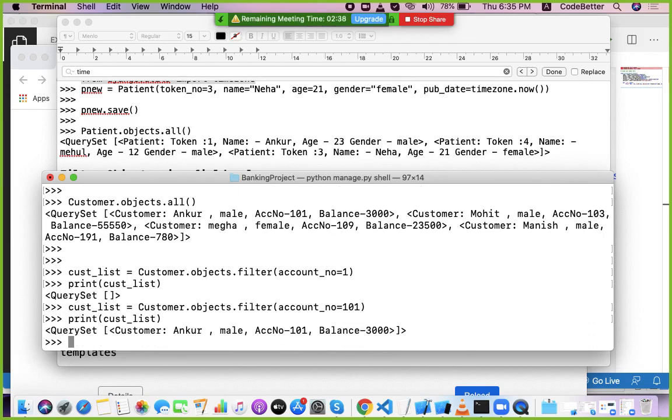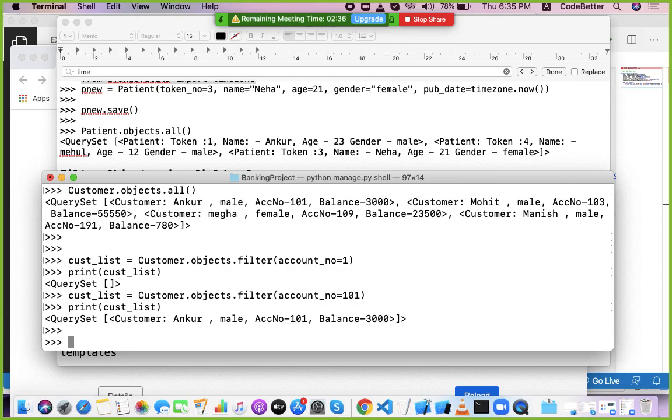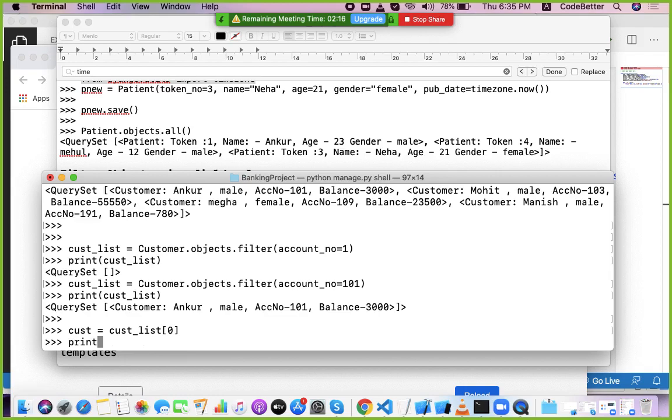Now I want to update the content of this 101, so I can store this customer from the cust list. Because there is only one, I can fetch it from position 0. Let's print the customer first again.